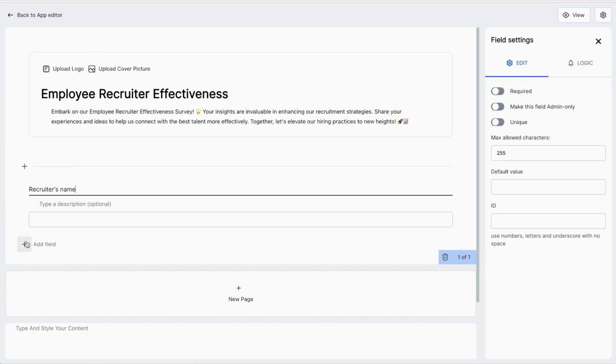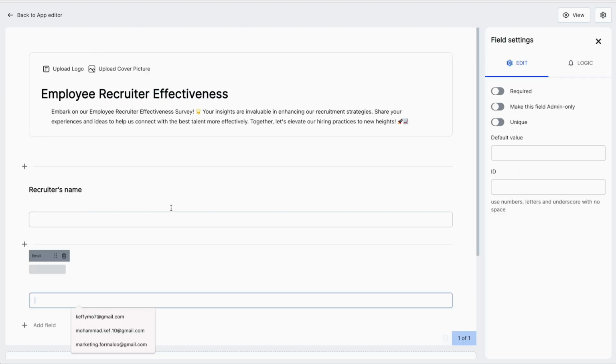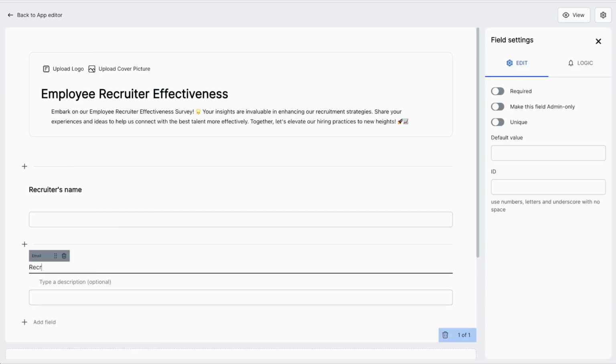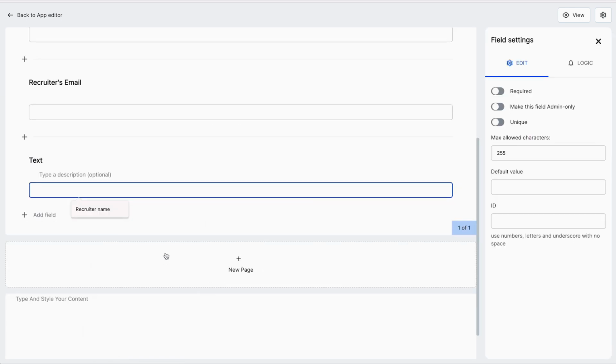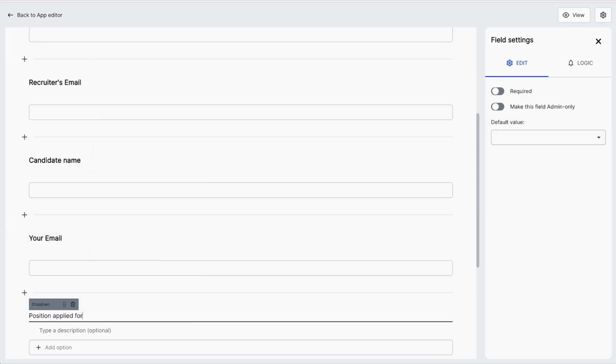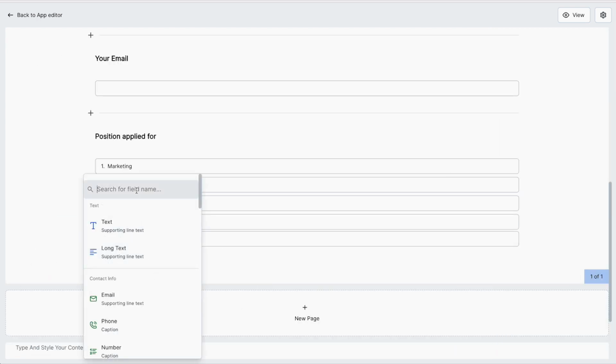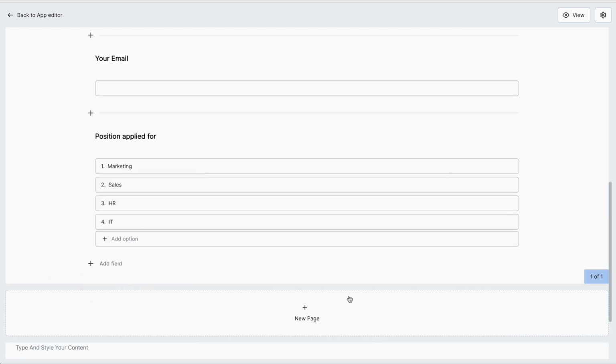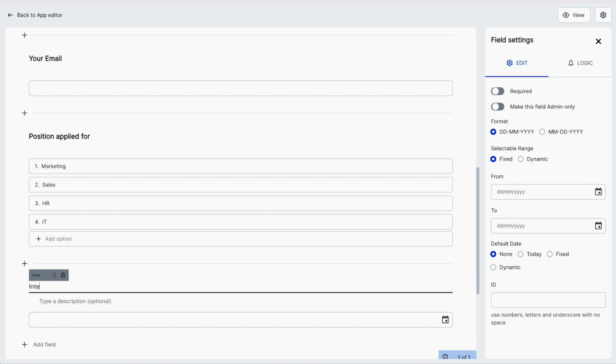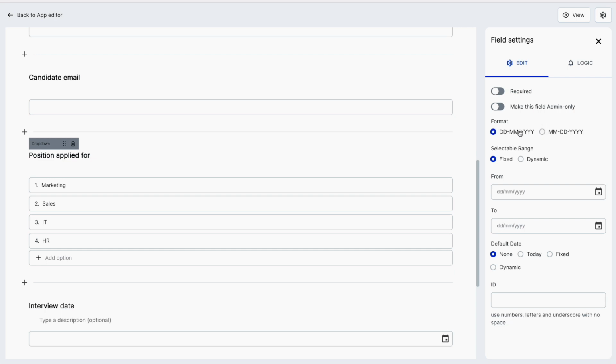By clicking on Add Fields, we can choose a variety of options such as adding email fields, choosing a date, and so on. A drop-down improves user experience, offering a clean way for users to select from predefined options. Using a date field is essential to have accurate data about an event that happened or which is going to take place in the future.